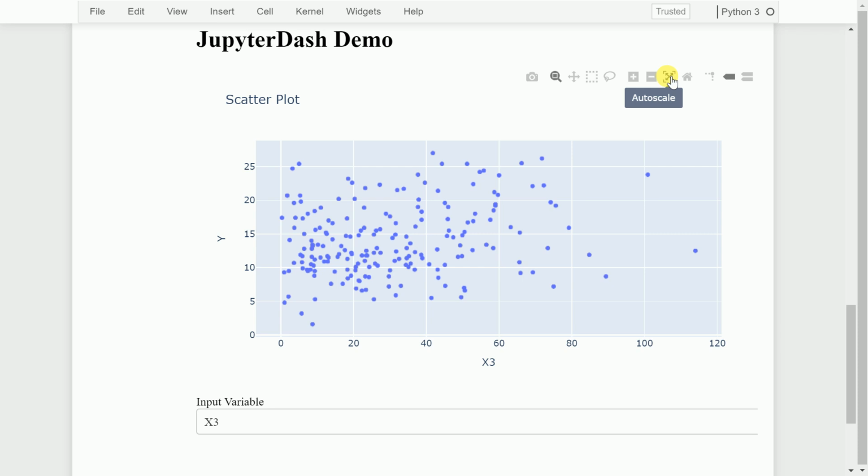I'll take this opportunity to thank the Jupyter Dash team that has worked tirelessly to bring this feature to life. This would make life of a lot of data scientists very easy going forward in order to create dynamic visualizations in Jupyter Notebook itself. So this was my attempt in explaining how you can better utilize Jupyter Dash in your workflow.